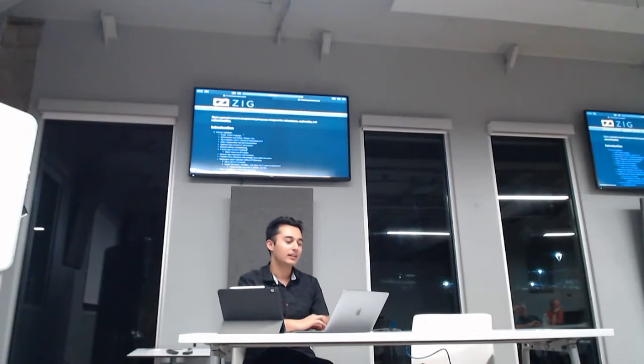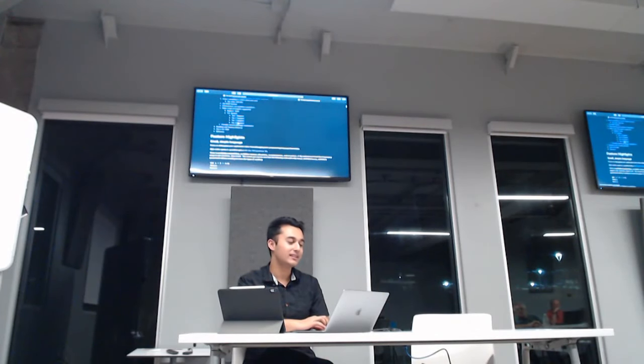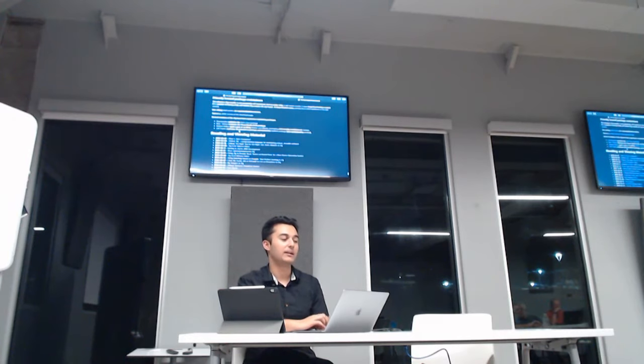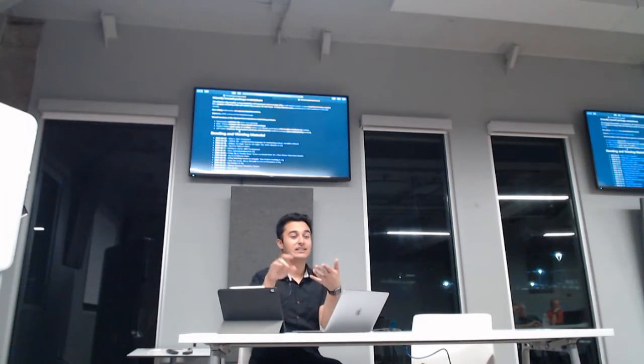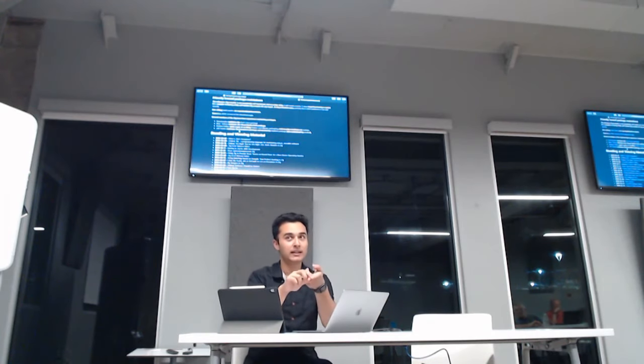Even for package maintainers, right? The way Zig compiles is, Zig is supposed to have three stages. The first one is written in C++. That creates what we have right now.